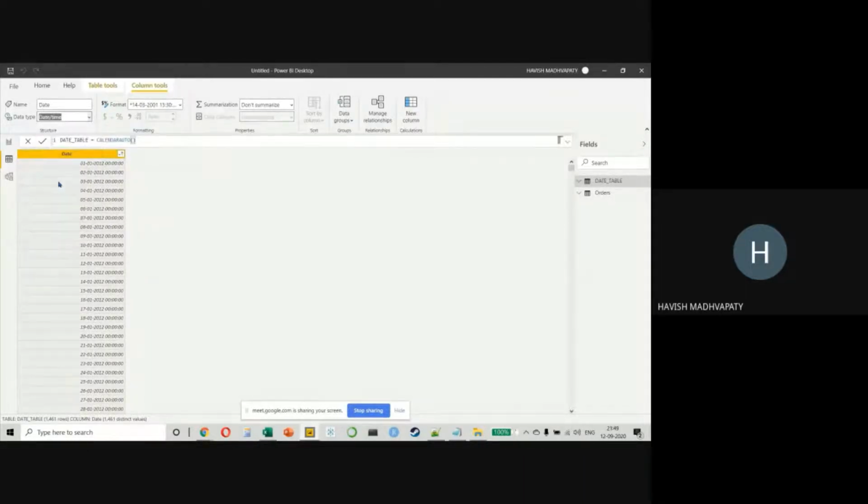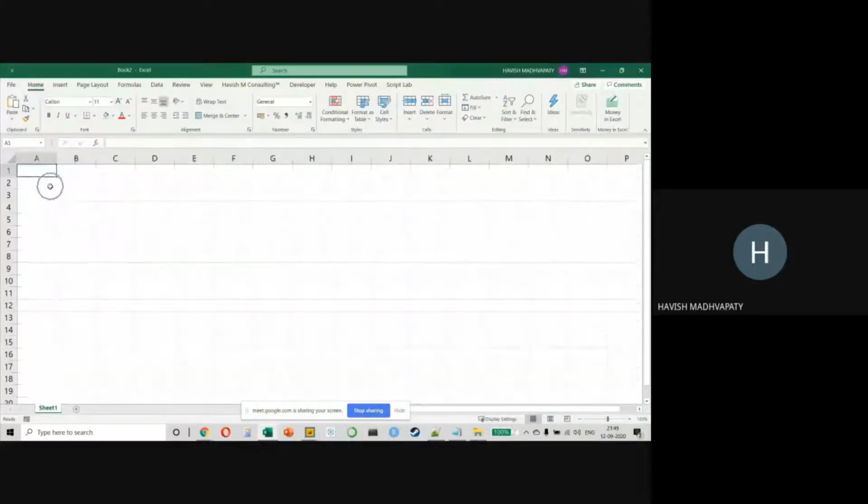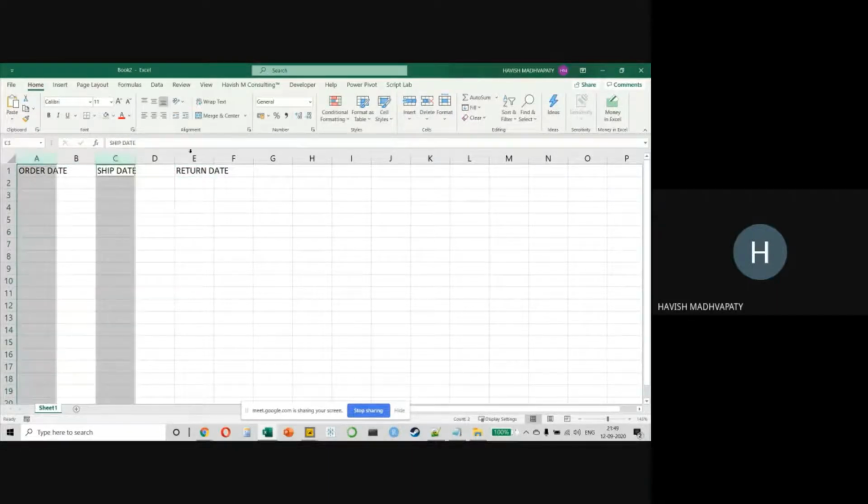That's okay. It is not a good habit, everyone, because imagine when you're working on Excel, you have two columns. You have an order date and you have a ship date and you have a return date. What will it do? It will search in all the three columns for the oldest date and search in all the three columns for the latest date, which is not a good thing. Usually when you create a model, you only want to look at one specific column, right? Like if you want to create a date table for order and ship and return separately, you will create 3 date tables. So what do we do here?